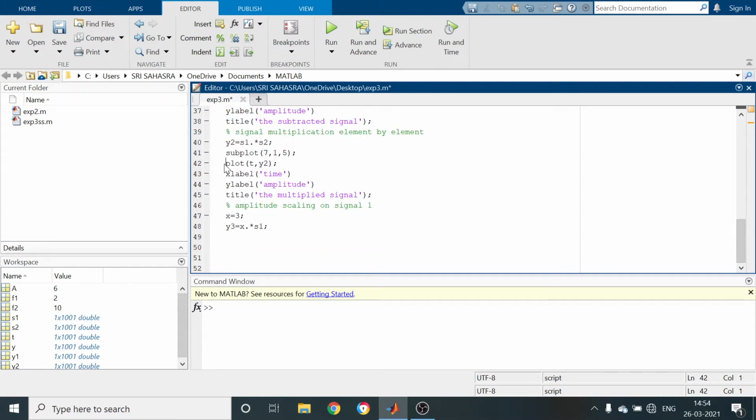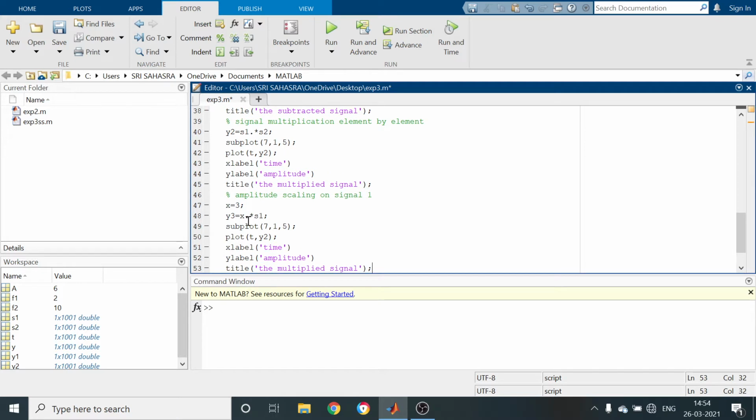Now I have to write these commands. While doing modifications, subplot 7, 1, 6. Now plot t, y3. The x label is time, the y label is amplitude.